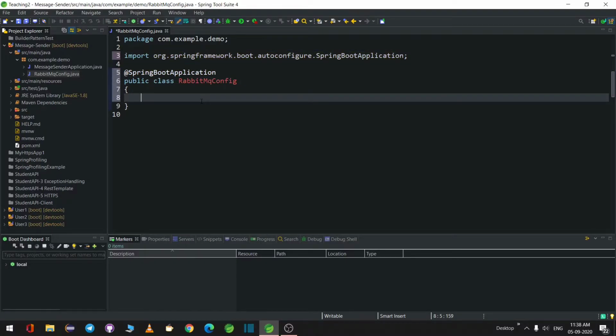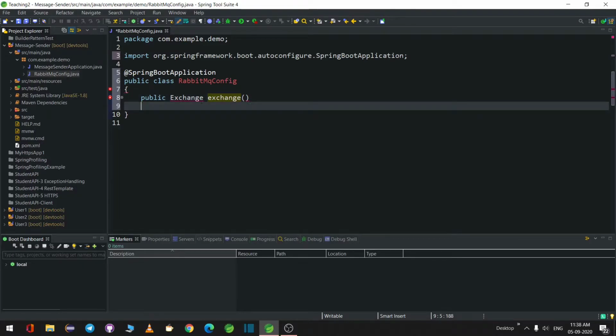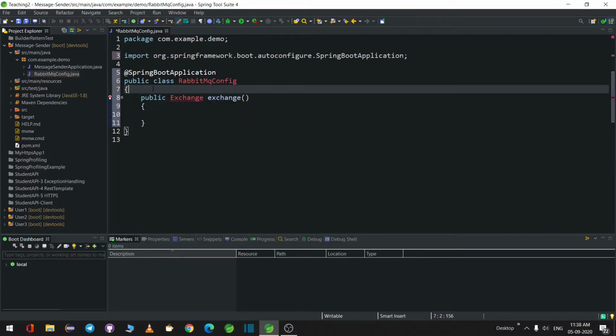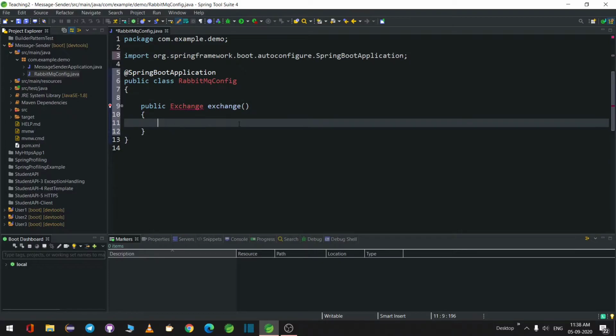Let us create an exchange. Okay, so public of type exchange and I'll change it to exchange. Okay, so you can create like new direct exchange or fanout exchange, something like that.